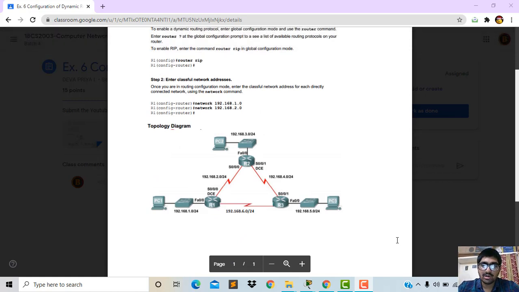In static routing, for example, when we see the topology, if we send a packet from PC1 to PC3, there are two paths to go to PC3. The first path is R1 to R3, and the second path is R1 to R2 and R2 to R3 to the PC3. In static routing, the packet goes according to the IP addresses we give.